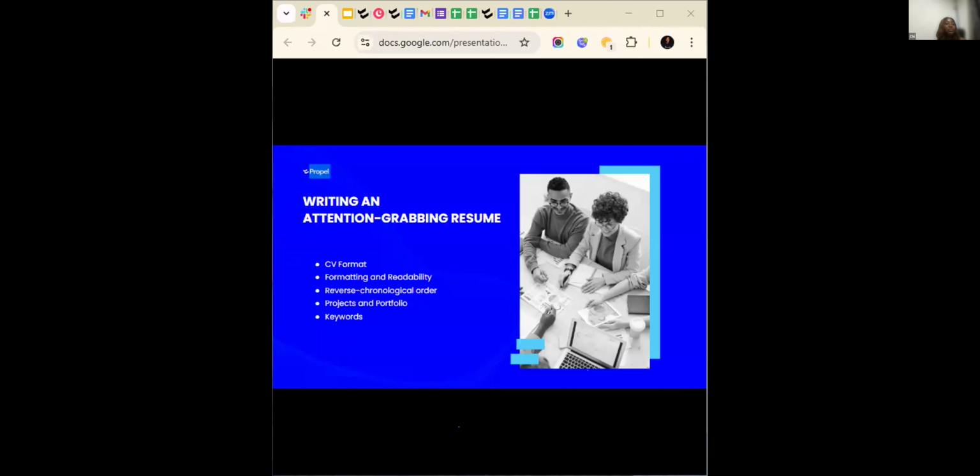Then for soft skills, you have different soft skills. Soft skills could be communication, could be adaptability. Please put them there. Now, some CVs do not have soft skills. This totally depends on the recruiter. For me, I really do not mind if you don't have soft skills, particularly when it has to do with tech roles. If you just have your technical skills, I'm okay with it. But I would advise, look at the role you are applying for. Look at the job description. If the job description talks about soft skills, please include your soft skills.